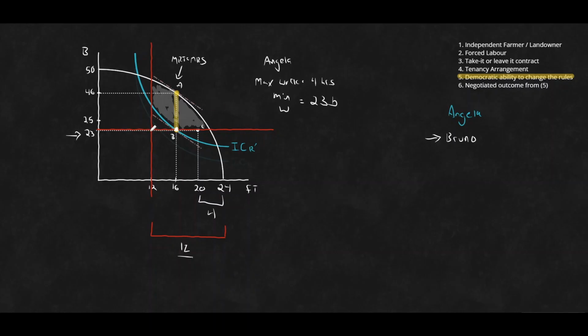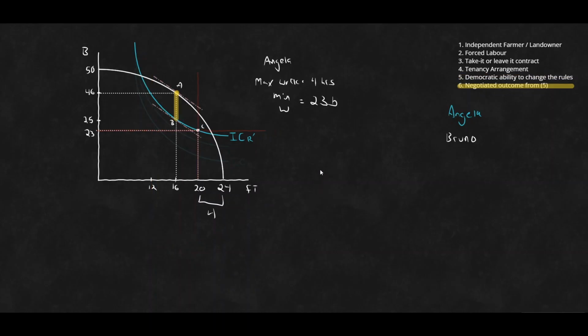And I don't want this case. Let's talk about a worse outcome, such that we were restricted. So let's clean up and go back to that. Let's evaluate a negotiated outcome from this scenario where we put in a minimum wage and a maximum work hours, such that we've been unable to obtain our Pareto efficient set. Sure, we put on this law. We've said you're only allowed to work 4 hours a day. You must be paid at least 23 bushels.